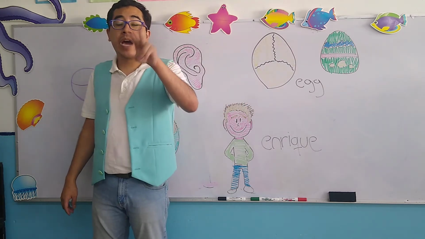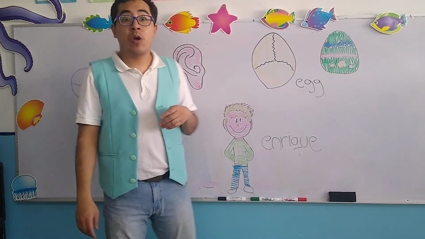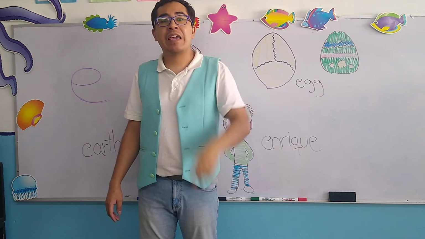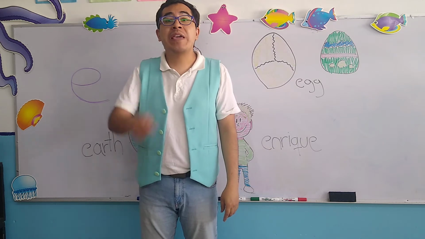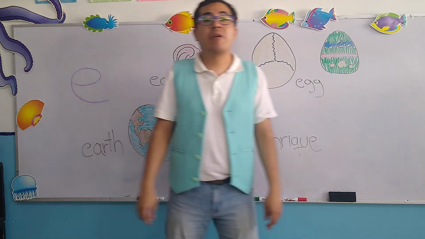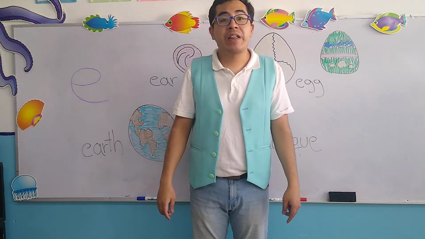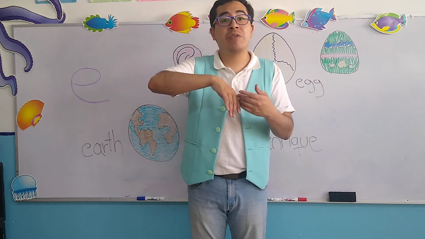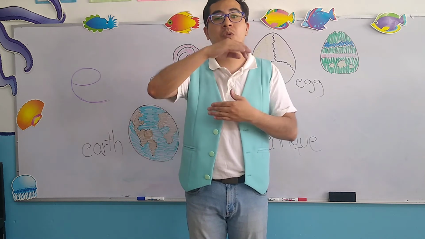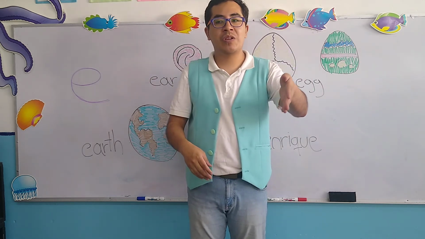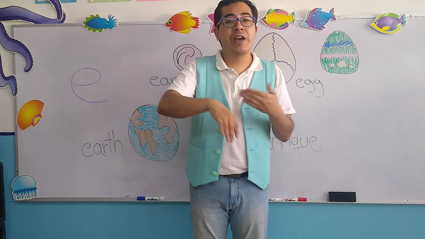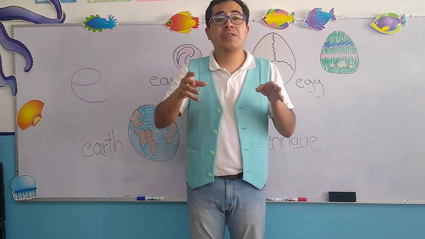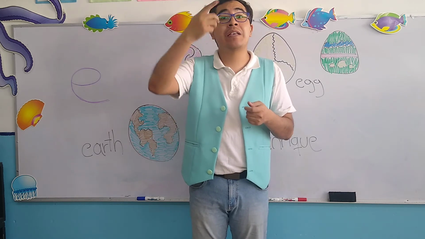Now, we have two types of eggs, okay? No, three types of eggs. The first egg is the one that we eat. Remember, the one that we can fry, the one that we can mix with ham, the one that we can mix with bacon, el que mezclamos con jamón, el que mezclamos con tocino, the egg that we fry on the pan, el que freímos en el sartén,